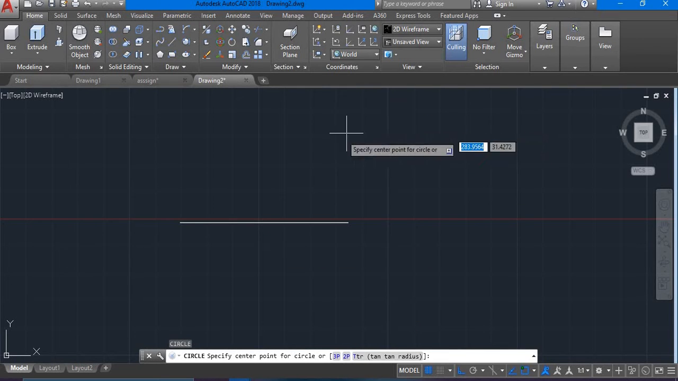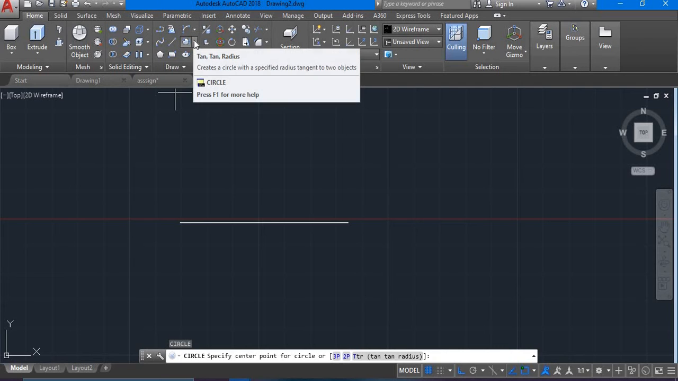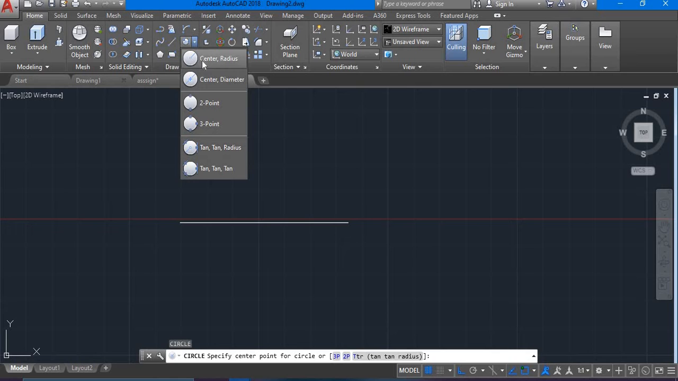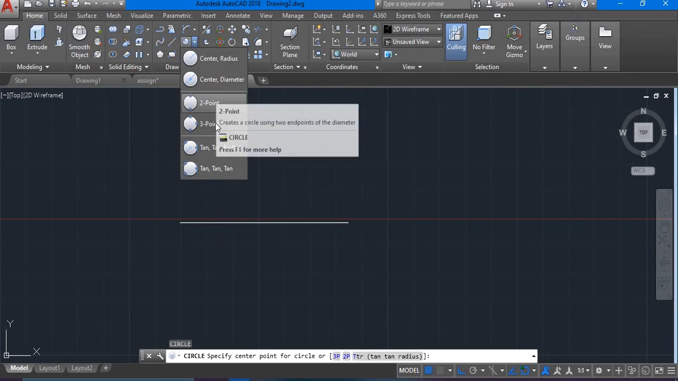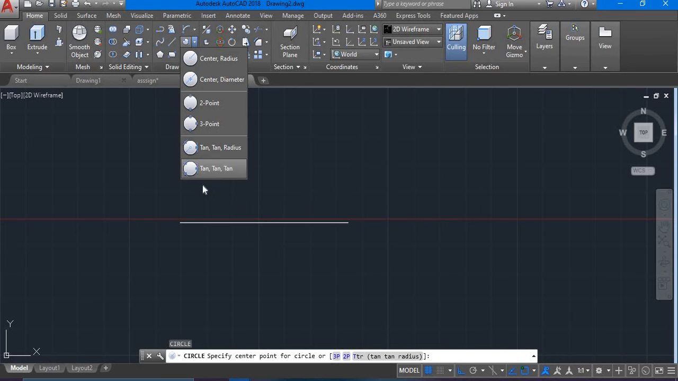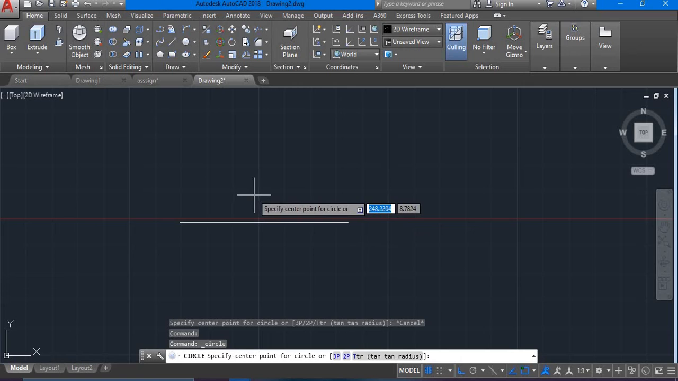The radius of the circle, you can add center radius. You know, I told you we have many types of circle. We have the center radius, you have center diameter. Center radius is when you are giving the radius of the circle. Center diameter is when you are giving the diameter of the circle. 2 point, you have 3 point, tan tan radius, and tan. So you pick center radius because you are being given the center